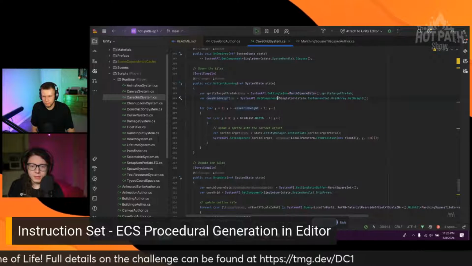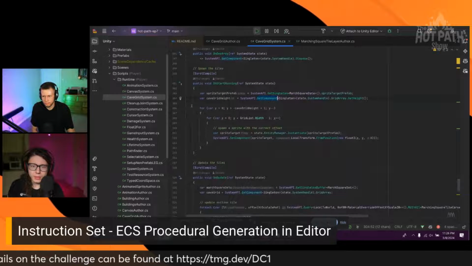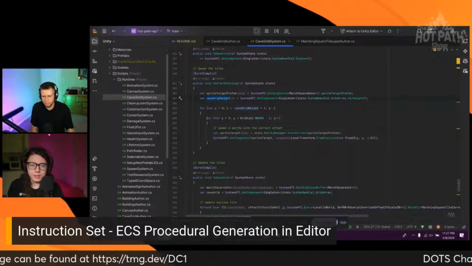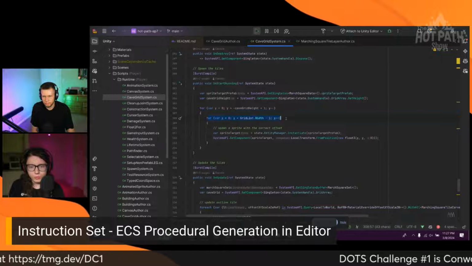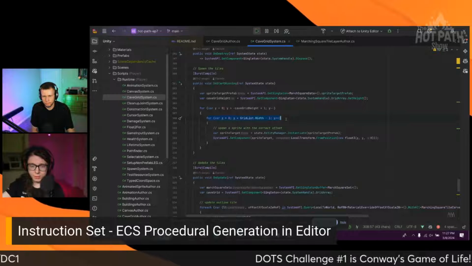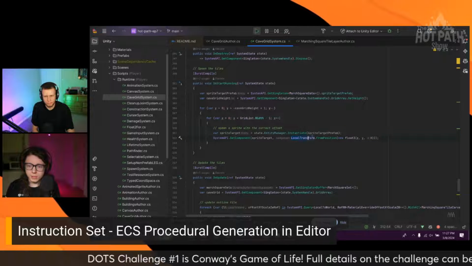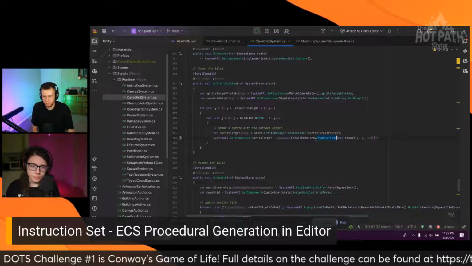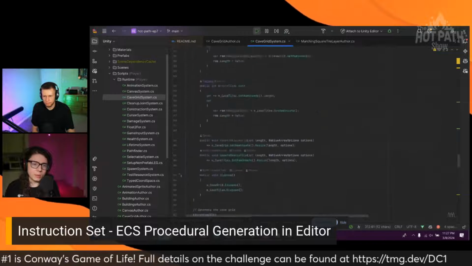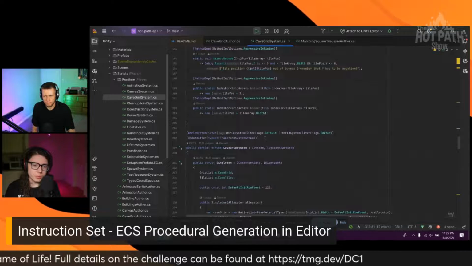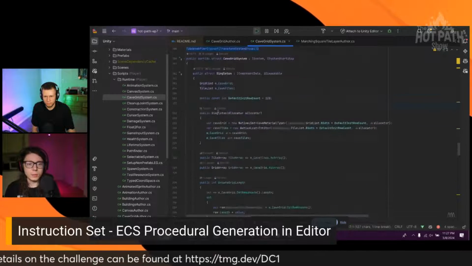Yeah, and then we get from the singleton the cave grid height, and then we just loop. So for all of the width minus 1, as I said earlier, we spawn a tile and we set the position of that tile through the local transform. It's kind of ironic in a way that I'm setting it through the local transform here because I am saying update after. But it does mean that